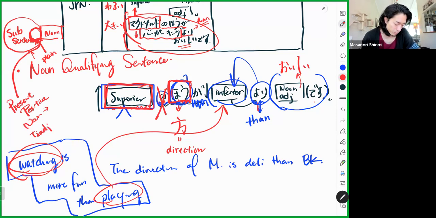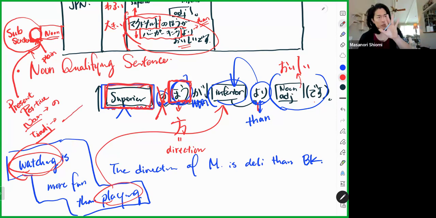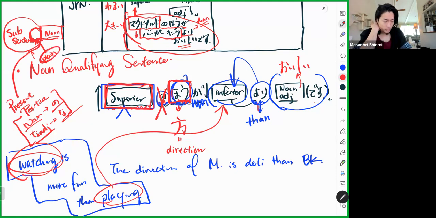If it's a noun at the end, then since it's, again, noun and noun, we add no. If the ending was a na-adjective, present, positive, then like we know how we connect a na-adjective to a noun, 綺麗な車, right? Beautiful car. 綺麗な車. So we do add na. So this is the only exception. If the ending was a present positive noun or na-adjective, then we do have to add no or na. But for everything else, as long as the last word of the subsentence is plain or dictionary form, we can directly connect. So with that,